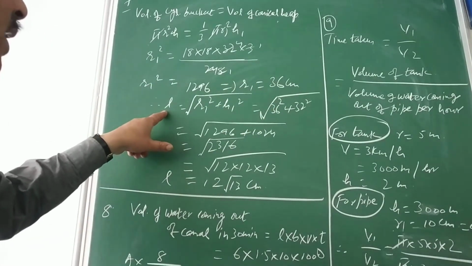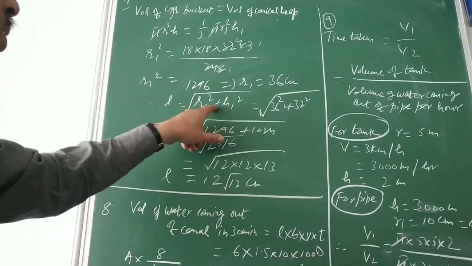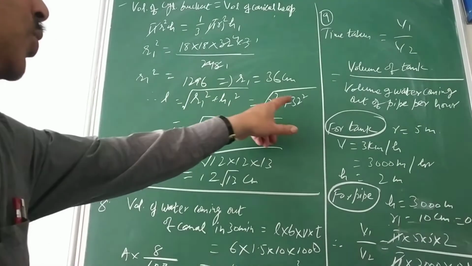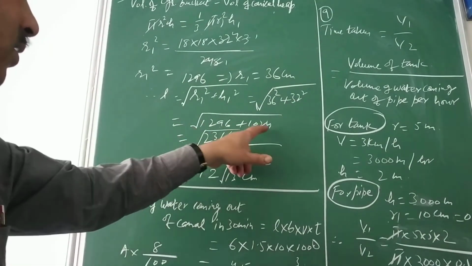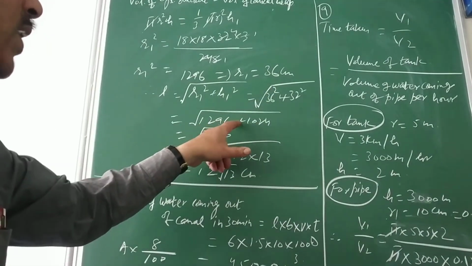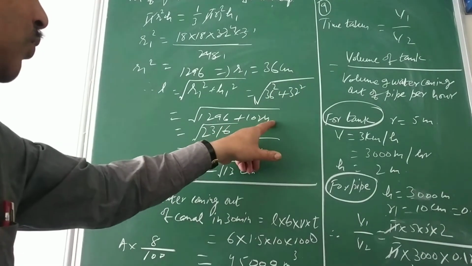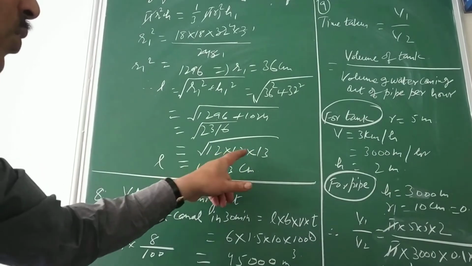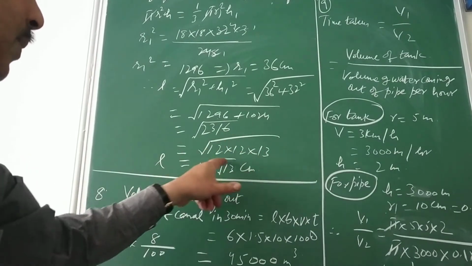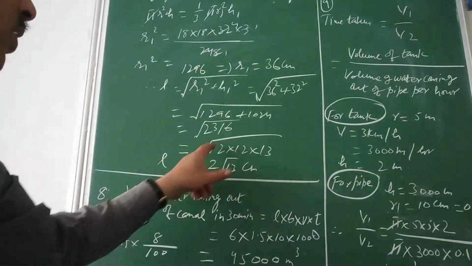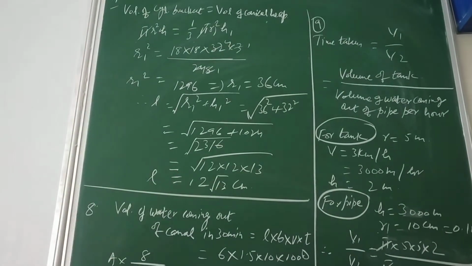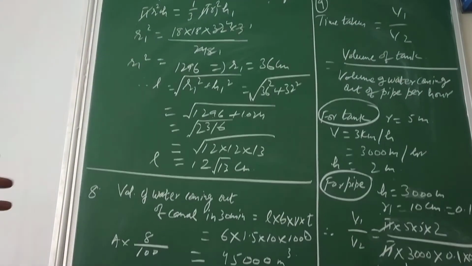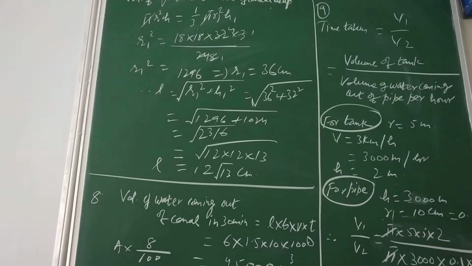So slant height you know, L is equal to square root of r square plus h square. So put these values there, and 36 square is 1296, 32 square is 1024. Add these, 2320, get the prime factor of this, 12 into 12 into 30 approximately. So 12 is a perfect square, will come out into root 30. So slant height will be equal to 12 root 30. So that is the answer for your question number 7.